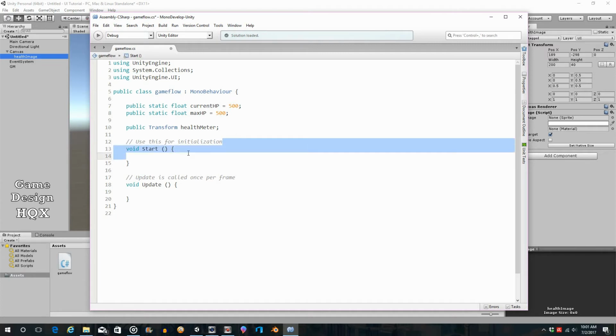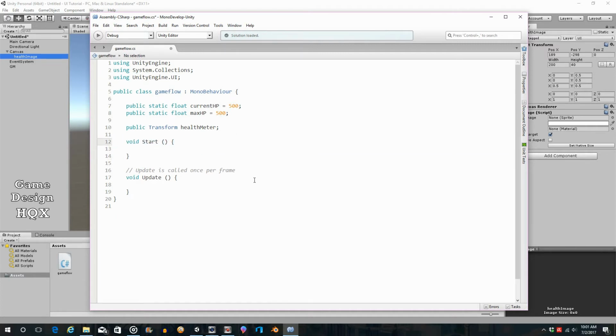So the start section, as you can see, says use this for initialization. We'll get rid of that because we know that. This gets done when the object gets initiated, or initialized, I should say. So what do we want to do? Well, we want to change the color of the health meter. So health meter